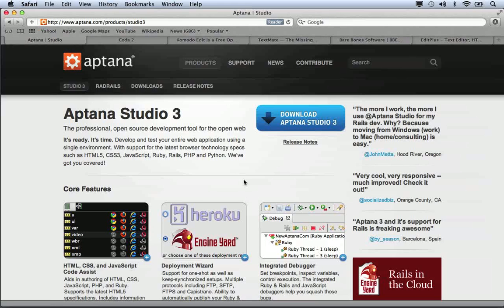Before we start writing and looking at HTML, we have to decide what HTML editor, or IDE, which stands for Integrated Development Environment, we want to use to write our code. In this course, I'm going to be using Adobe Dreamweaver CS6, but you don't need to use a product that